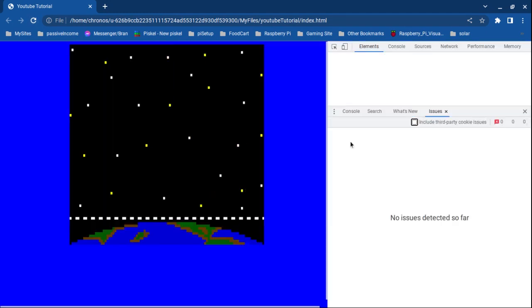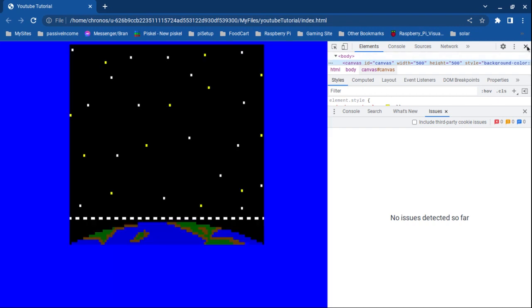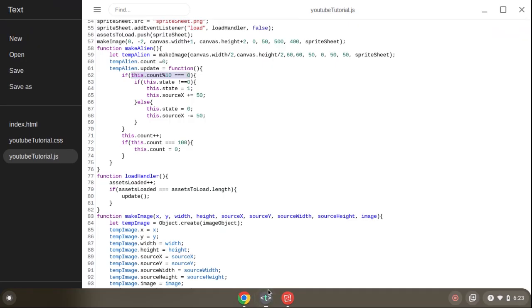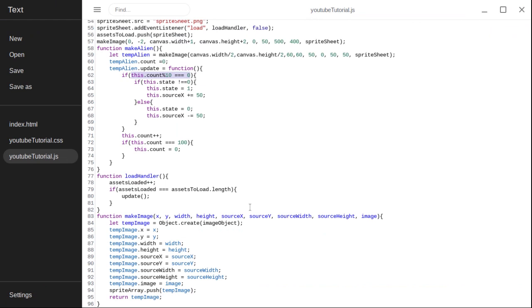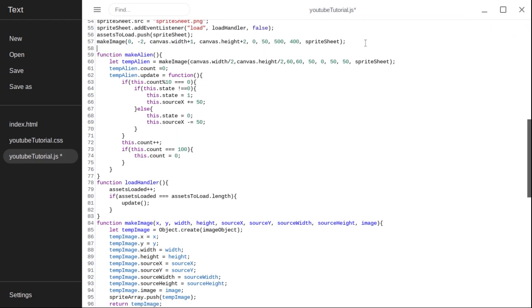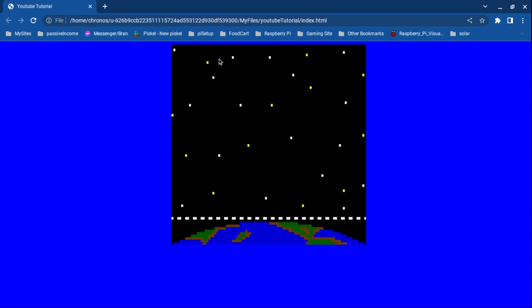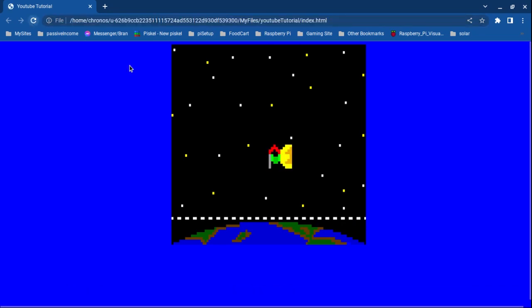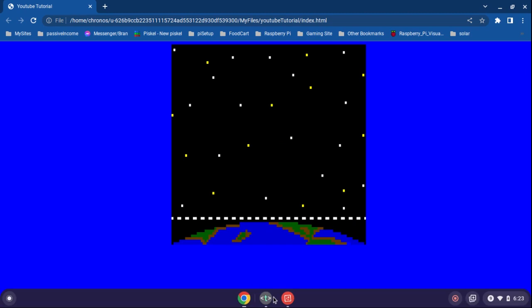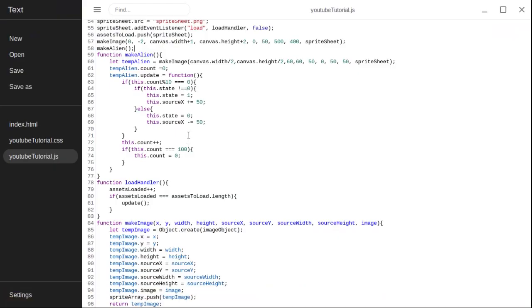first of all, I believe I've gotten something wrong here. Oh yeah, first of all, you have to actually call makeAlien. That is always my biggest bane, is that I forget to call the function. So you actually have to call makeAlien. But my logic where I put this.state equals 0, and this.state is equal to 1 is incorrect. So all it's going to do is it's going to keep moving it to the right. And as you see there, and I'll replay it here in a second, instead of moving it back and forth, it just kind of keeps moving it to the right,